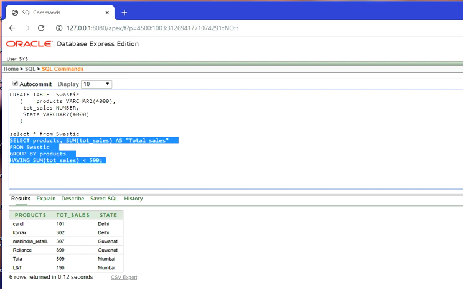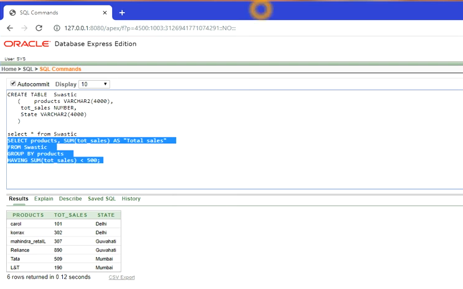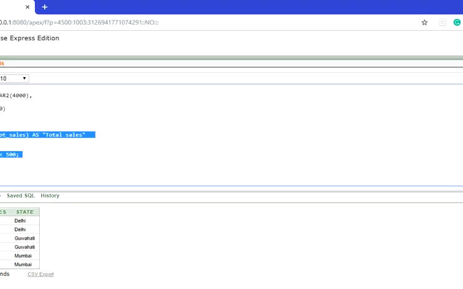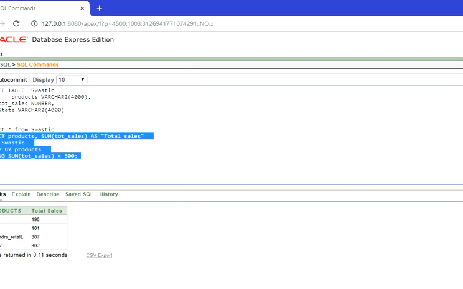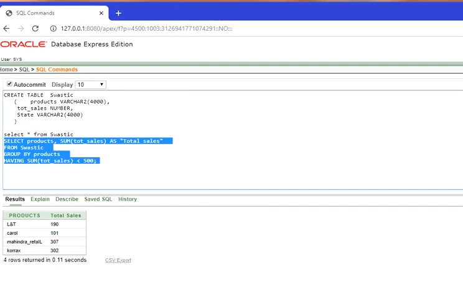SELECT product, SUM(tot_sales) as total_sales FROM swastik GROUP BY product HAVING SUM(tot_sales) less than 500. So you have noted it down. Let's run this. See, now the output is coming as 4 rows. Product, total sales: L&T 190, Carol 101, Mahindra Retail 307, Corax 302.